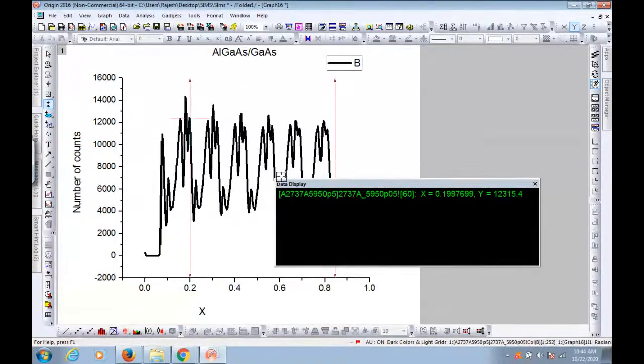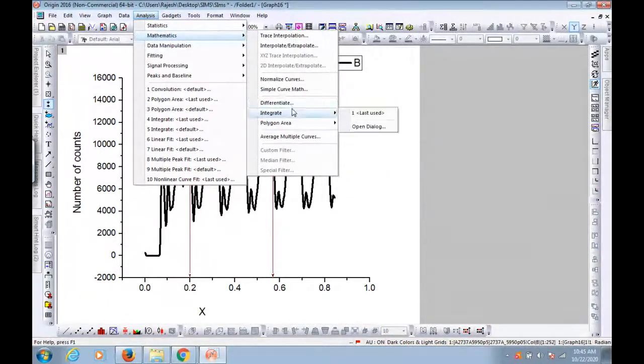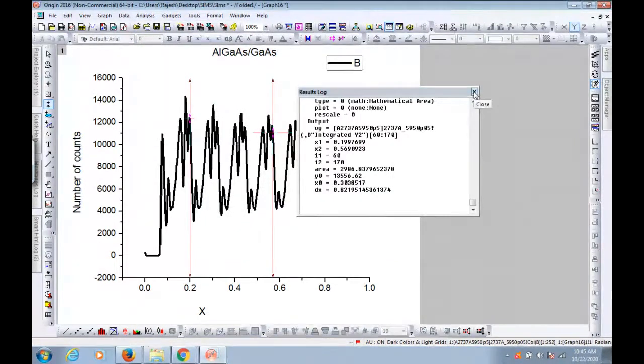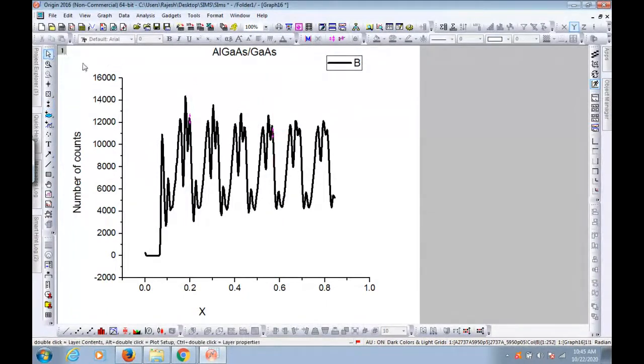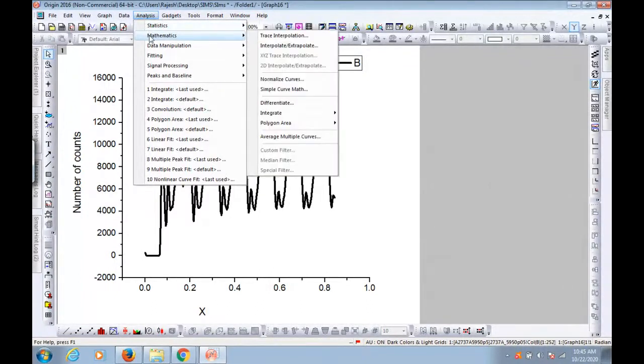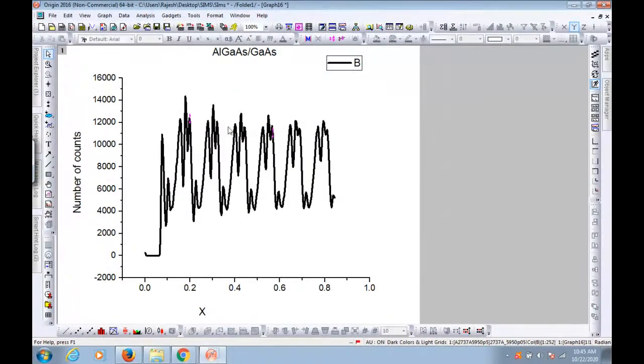Let's say from here to this value. So if you integrate this one, then you would have this curve, which I would like to show you guys,